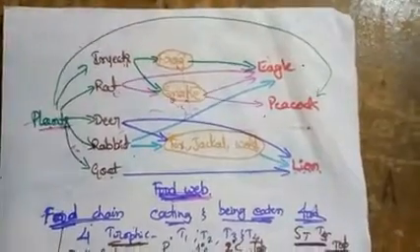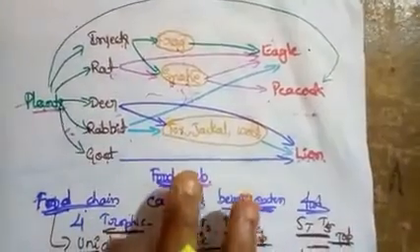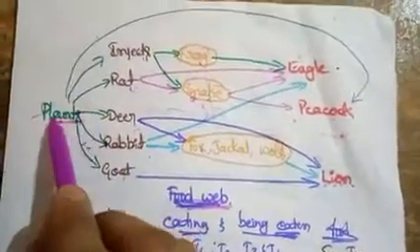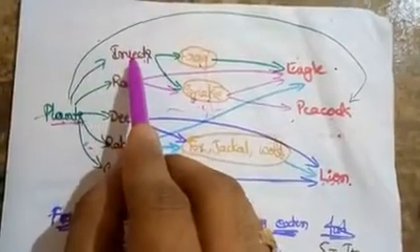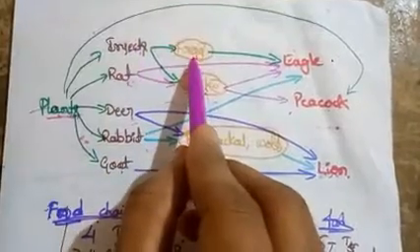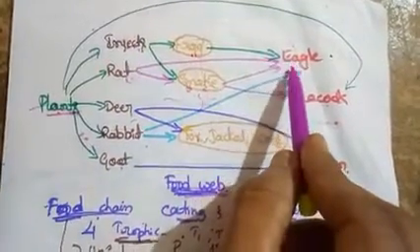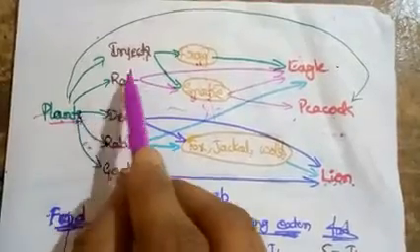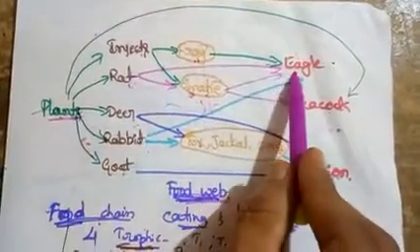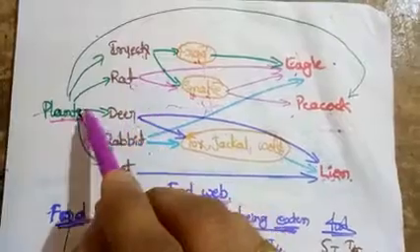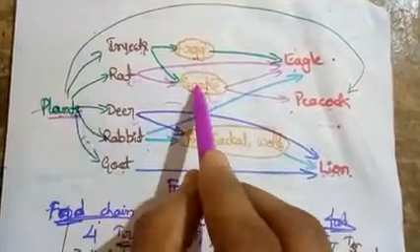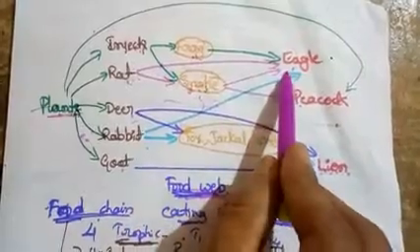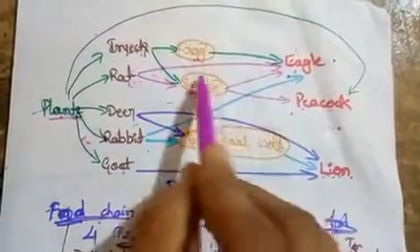Okay, so the more complex the food web is, the more permanent that ecosystem is. See here, first the plants are eaten by the insects, these insects are eaten by the frog, and the frog is eaten by the eagle. Finish one food chain. We can see plants are eaten by the rat, and the rat is eaten by the eagle. The same rat which eats the plants is eaten by the snake, the snake is eaten by the peacock, and the snake is also eaten by the eagle. See how they are interlinked.